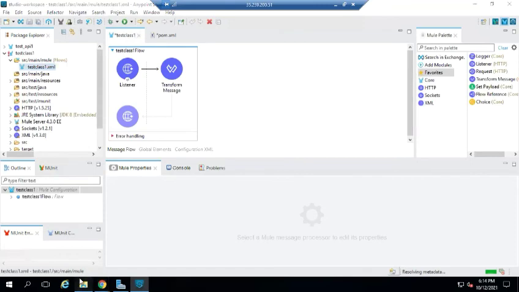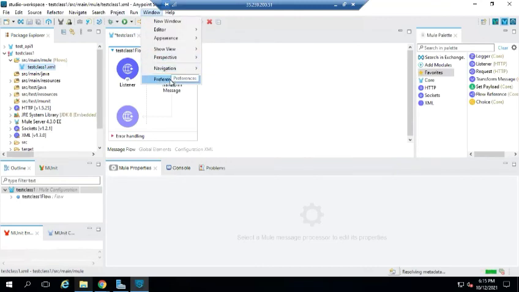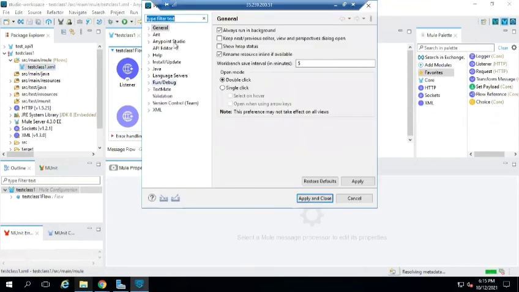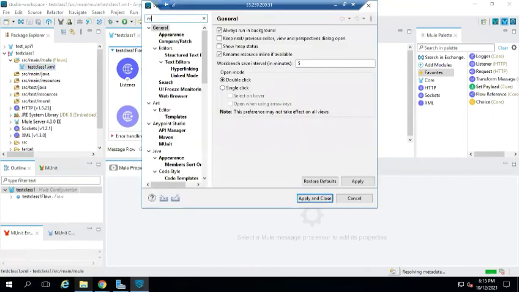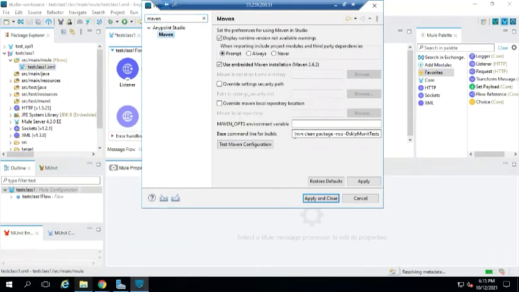So how to check whether Maven is working in your project or not? You need to go to Window, and then Preferences, sorry, not Navigation, my bad. In Preferences you can search for Maven. So this is the Maven configuration, and you can test the Maven configuration. Always remember that when you are working with Mule 4 and Studio 7,